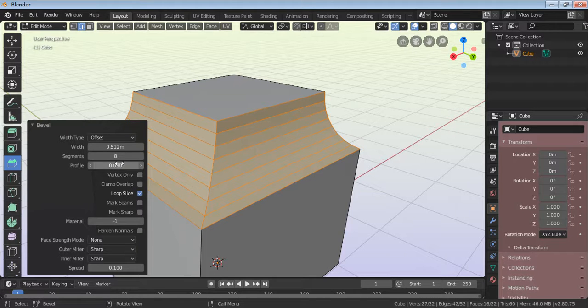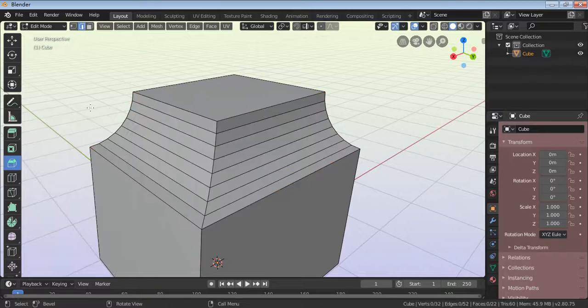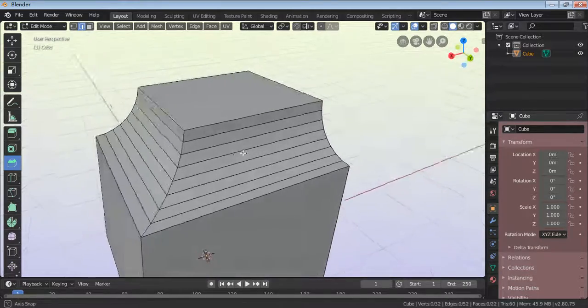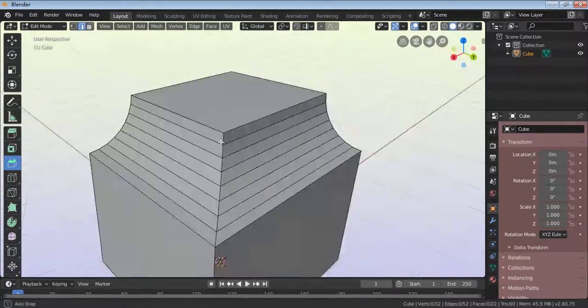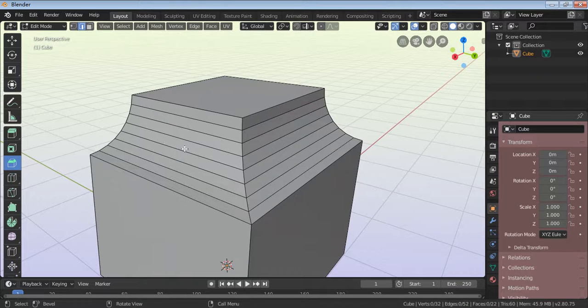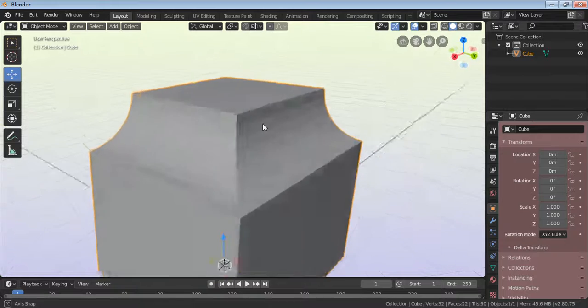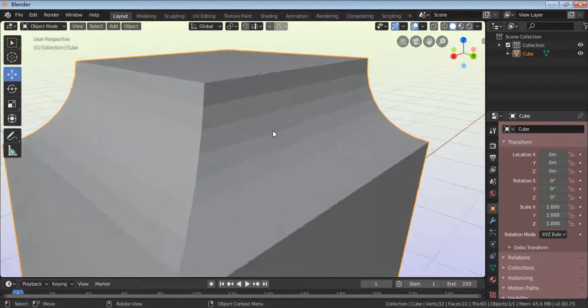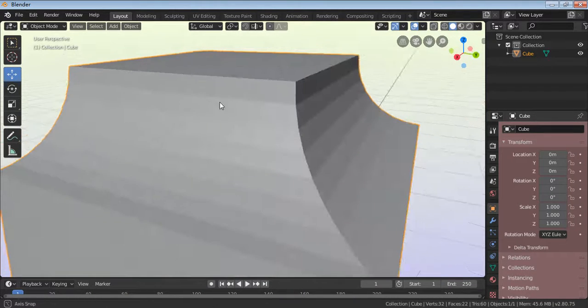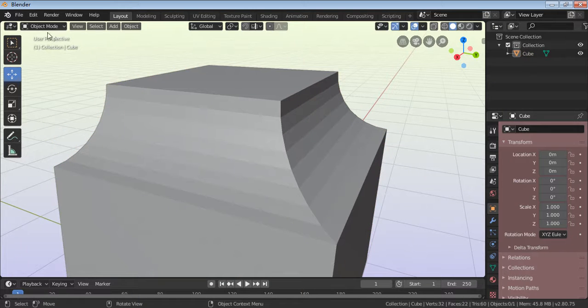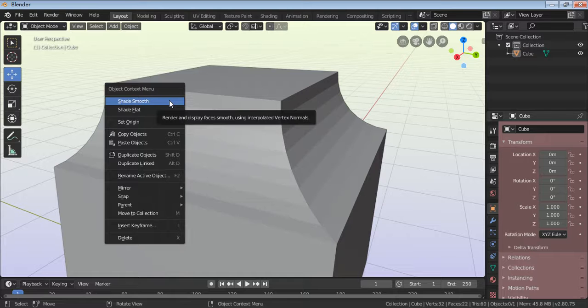Okay. Then once you're happy, obviously you can just click away from it. Don't worry, because all of these lines you're seeing, all these splits, they won't be visible when you're in solid mode or in object mode, like so, clearly, you see. But what you can still see, you can still see the lines and the splits. But what you can do, we're in object mode. Okay, now object mode. You can right click on the object and then go to shade smooth and